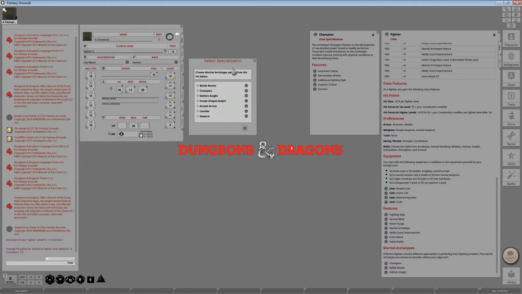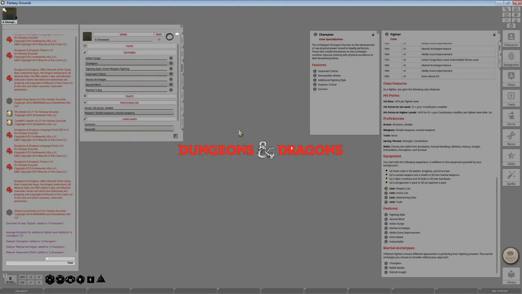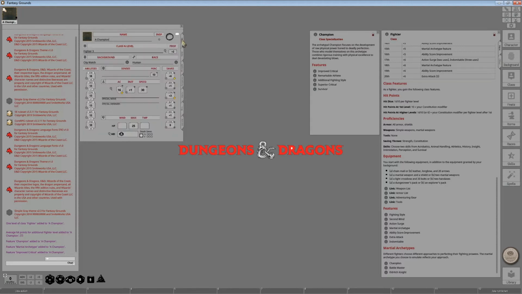Now, I have extra supplements that are providing more class specializations other than the champion. But all we want to do in this case is select the champion class, but it will always give you a summary of all of the available archetypes that you can choose from. Once you choose this, I'm going to preempt this by setting the abilities tab open here. Once you select the champion and click this little checkbox here, and again, those are both with the left mouse button,